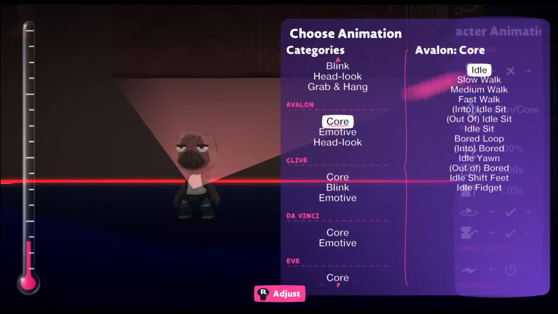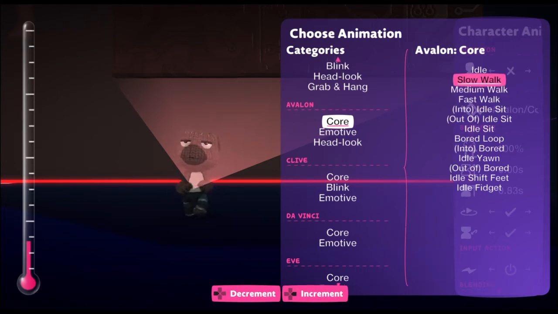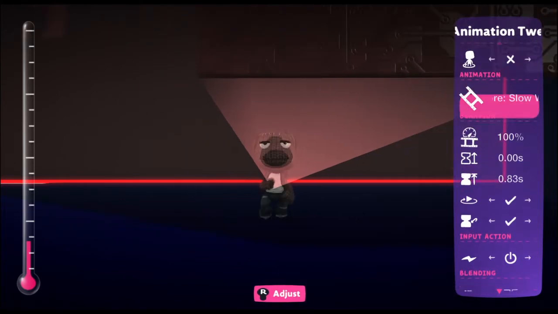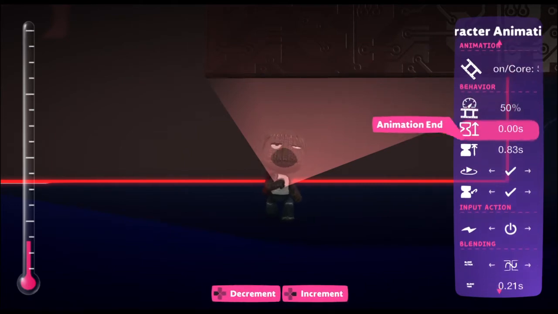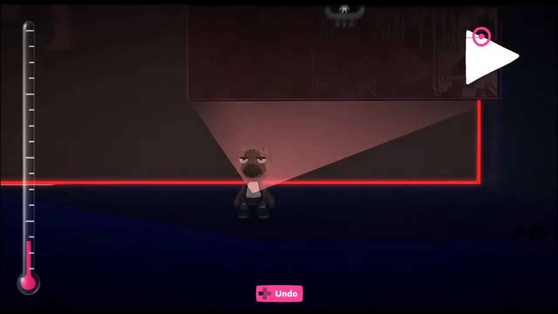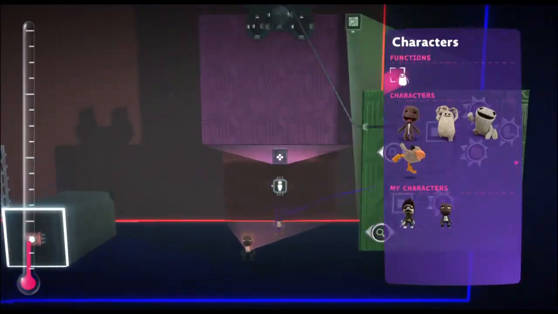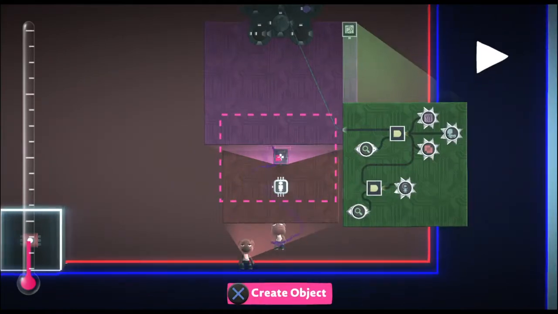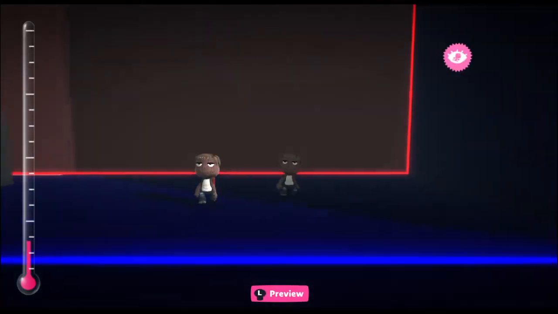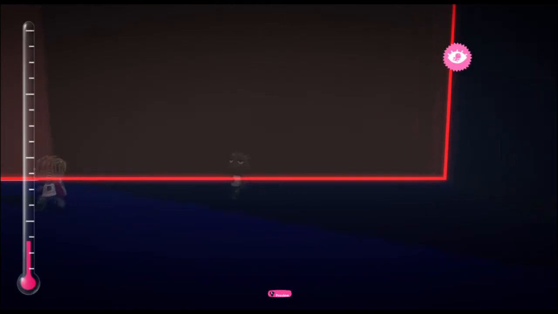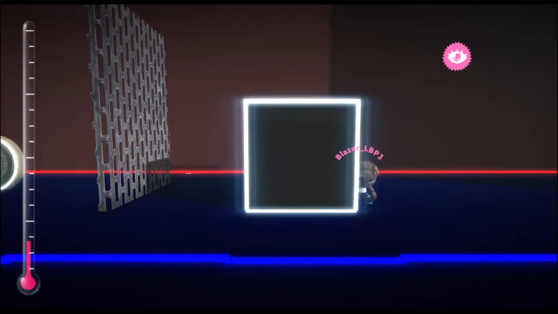Now for this, just go through the ones and see what you like. I think Avalon's slow walk would be good for me. Just slow that down a little. Okay. That's it for the Ghost Boy, at least his first ability. Now, did it work? The animation? I think it looks good, because, you know,